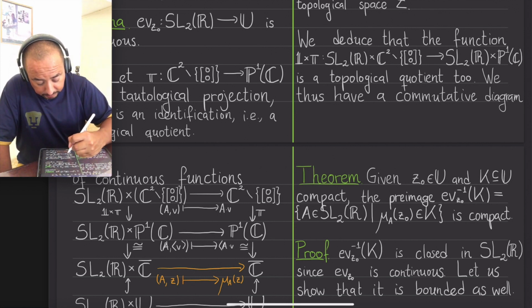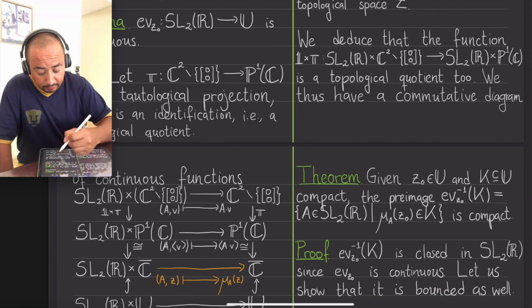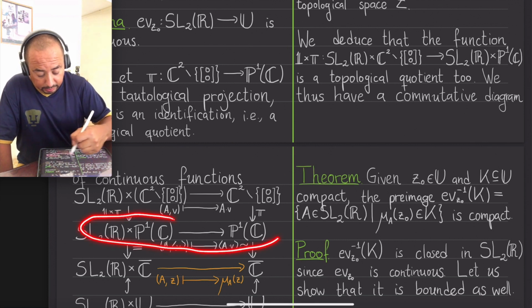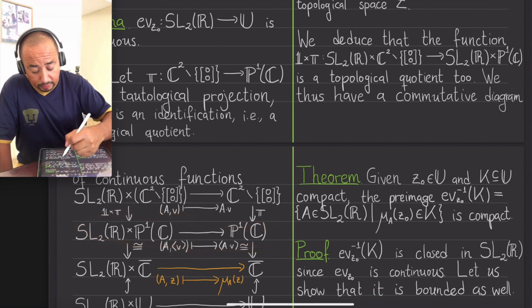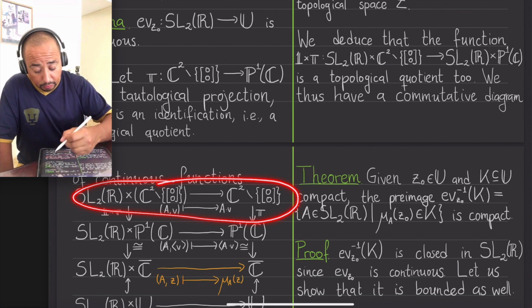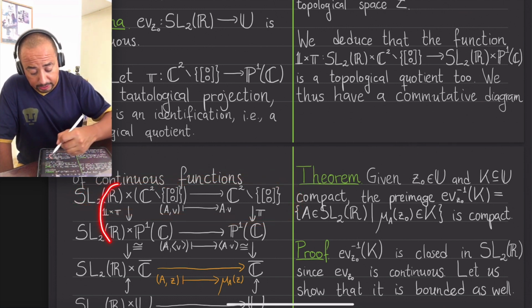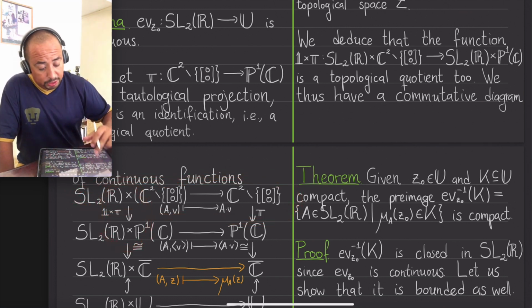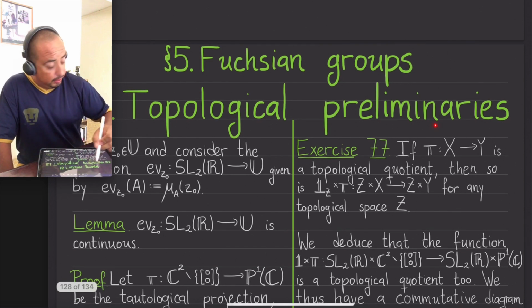So this one is an induced function, induced from this one. And since we know that this one is a topological quotient, which is precisely the exercise,